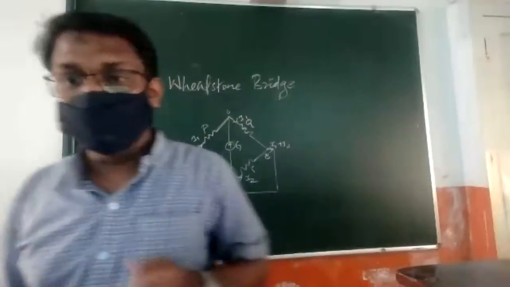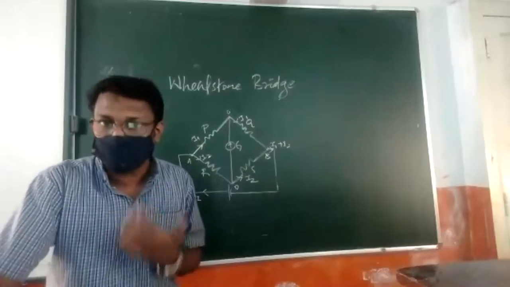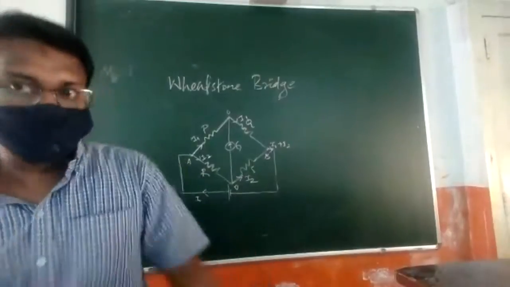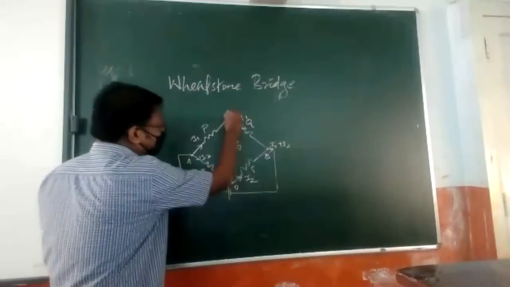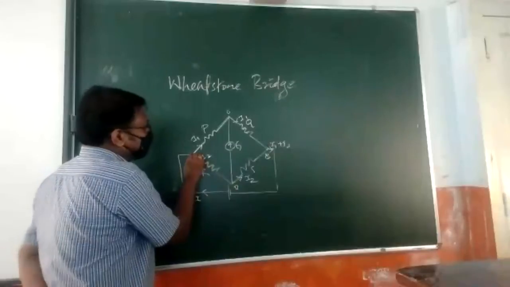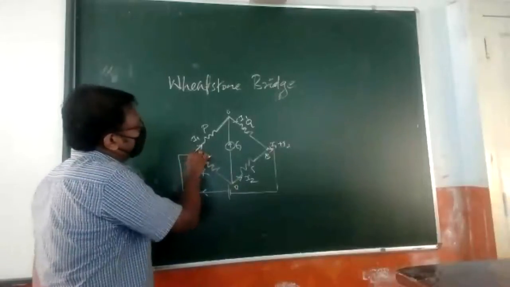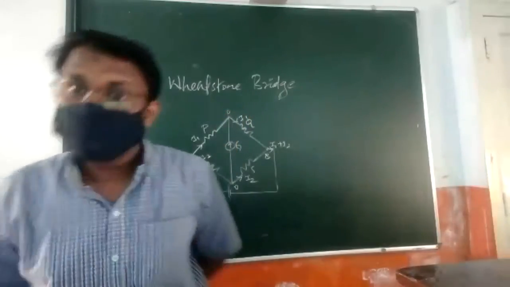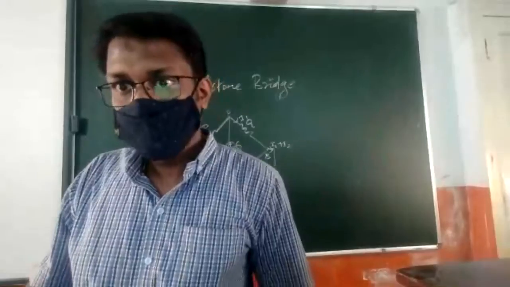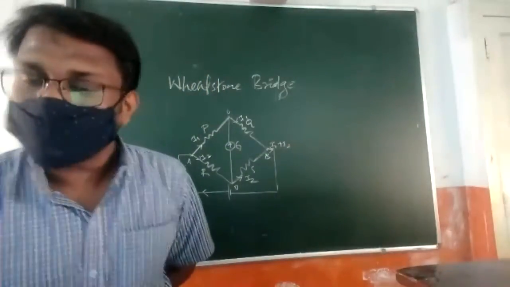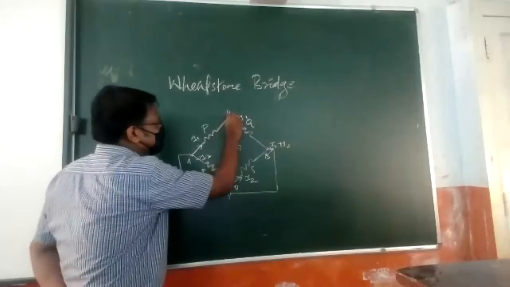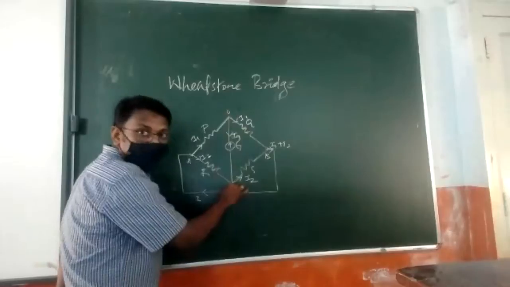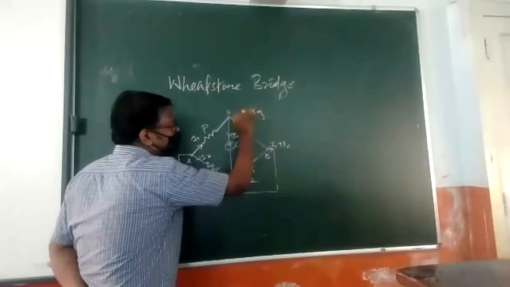You know what a galvanometer is? A galvanometer detects the presence of current in a circuit. So suppose the current I1 is coming here and going to P, and at the junction C there is a chance of splitting of current again, because the galvanometer also conducts current. So from this point C, there is a chance of Ig flowing through the galvanometer down, and I1 minus Ig going to Q.